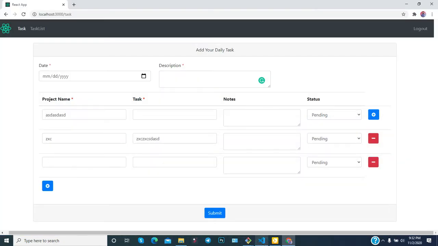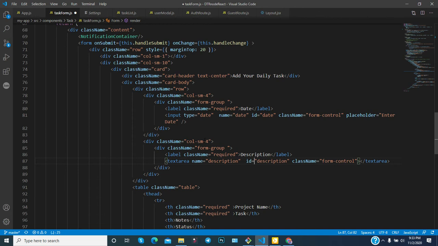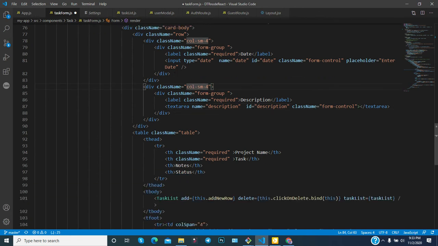Otherwise you can also do it in the same page. Sometimes for a beginner it is difficult to manage different components, so you can do it in the same page also, but it is a general and good practice to break it into components. Okay, now let's try to understand this one.